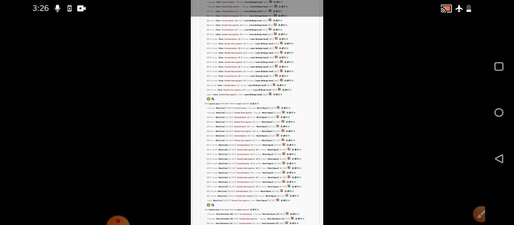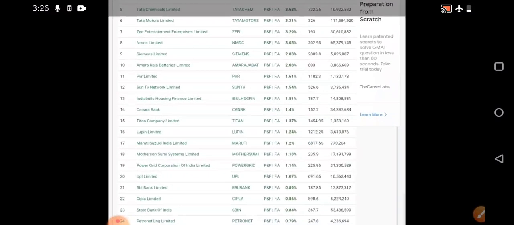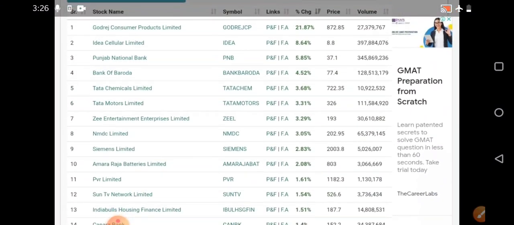So once we implement all these inputs and you click on run scan, you will see all the stocks are generated. You can see Godrej Consumer. On that particular day, we know it has given almost 22% movement. Trust me, I saw this particular stock when it was around 8 to 9% itself, when I was running the scan at the start. At 8 to 9% only, the stock was shown in the screener. That means if you had entered at that point of time, you would have got almost a 12% return. Okay, you're understanding, right?